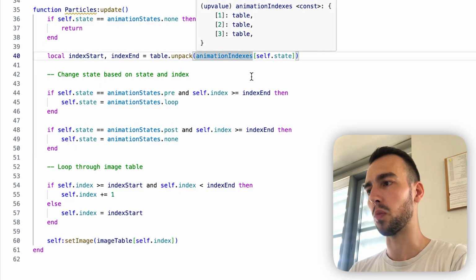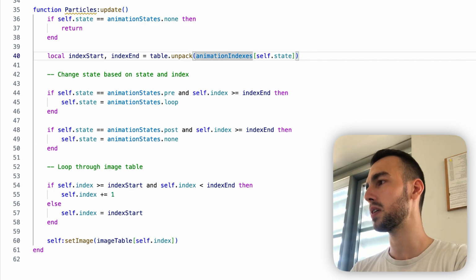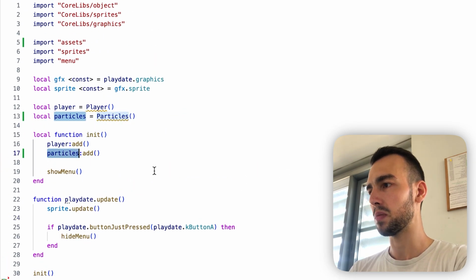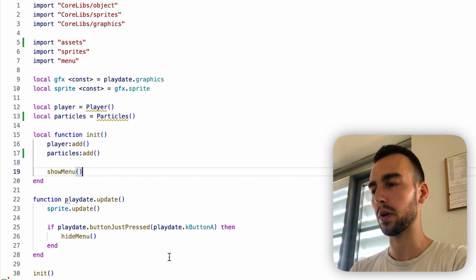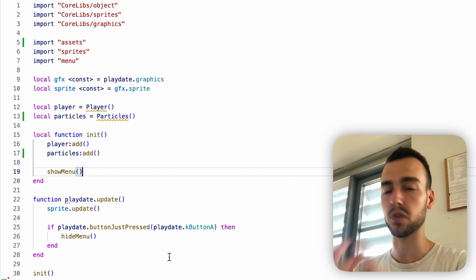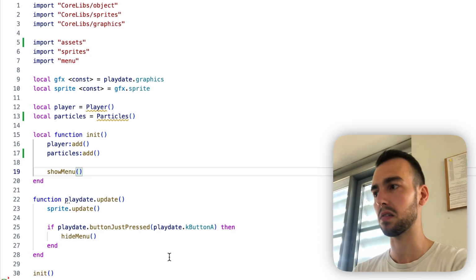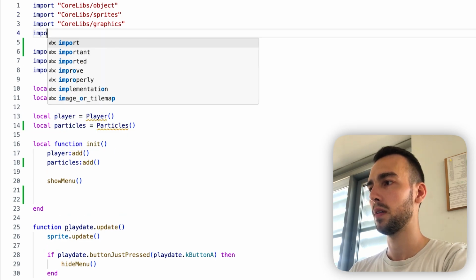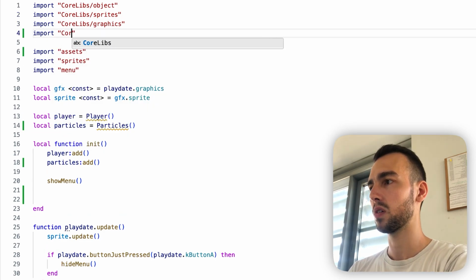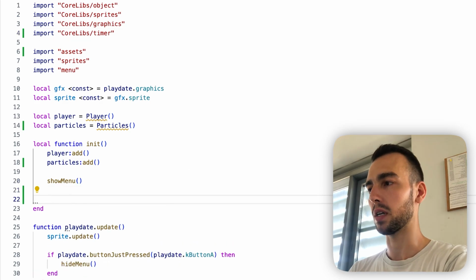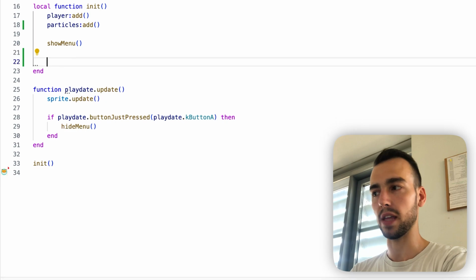Let's check this more thoroughly, okay? So what we're going to do is go to main.lua. We're going to go inside this init function, and we're going to use a timer to tell the thing to start after 1 or 2 seconds, and then after 1 or 2 seconds more, we're going to tell it to stop. So how do we do that? First of all, we're going to do import, open quotes, /timer, and then we're going to go down to the init function, and we're going to go to the end of that and say